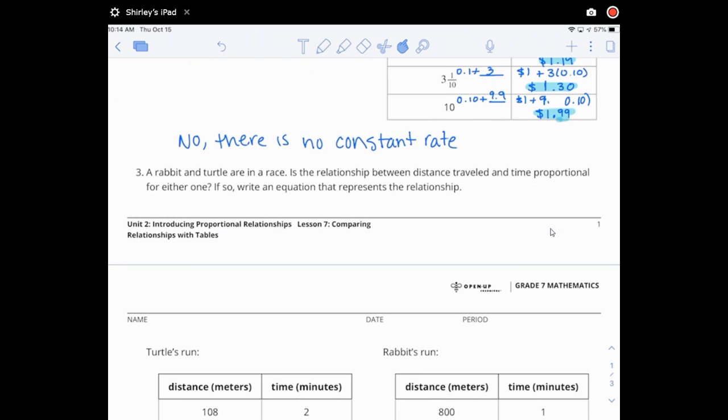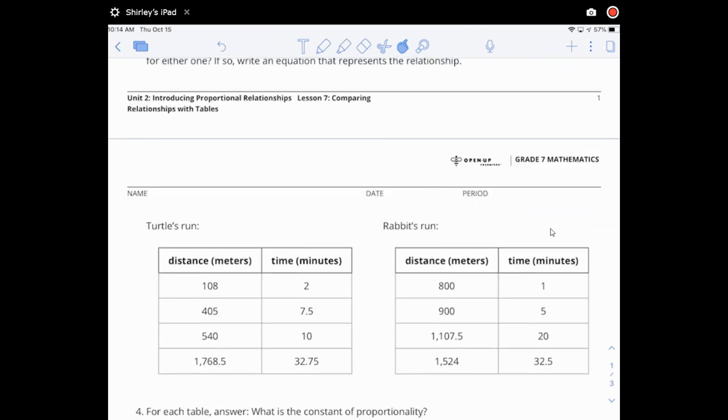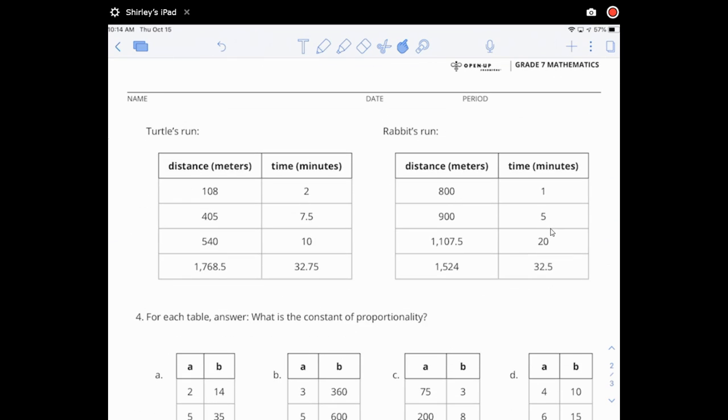So it says a rabbit and a turtle are in a race. Is the relationship between distance traveled and time proportional for either one? If so, write an equation that represents the relationship. So I'm going to come down here and figure out if we're proportional. Remember, we always want to make sure we're dividing in the same way. So we want to find for each run the minutes per meter. So how many minutes per meter